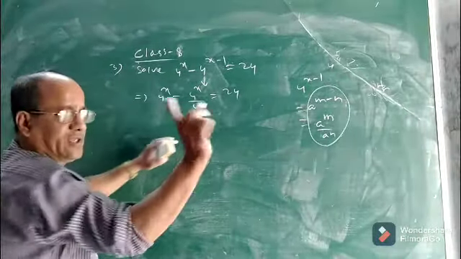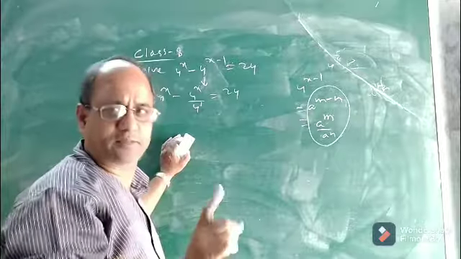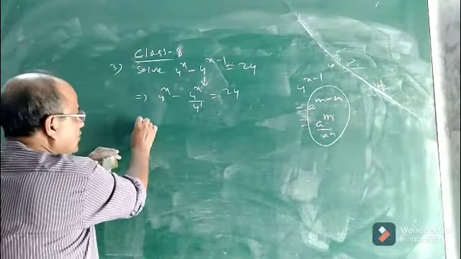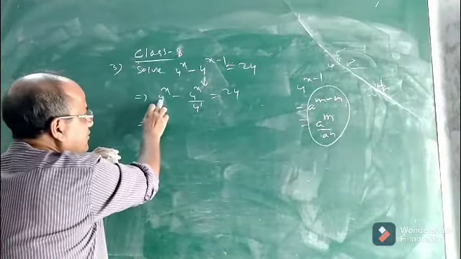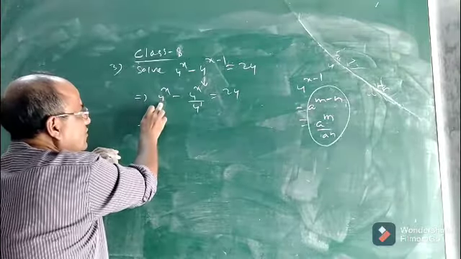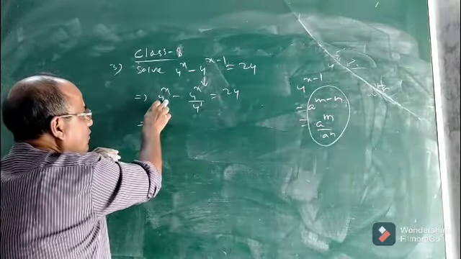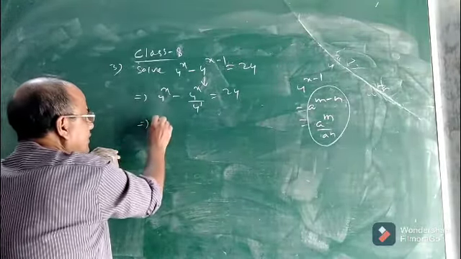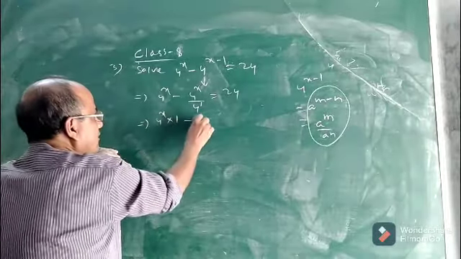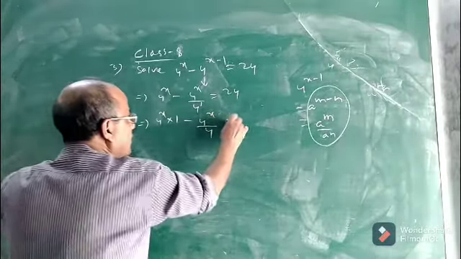And 4 to the power 1 is how much? You already know. 4 to the power 1 is 4. Okay. So what will be our next step? The next step is, you see, here it is 4 to the power x. So 4 to the power x can be written as 4 to the power x into 1. It is 4 to the power x into 1 minus 4 to the power x divided by 4 equal to